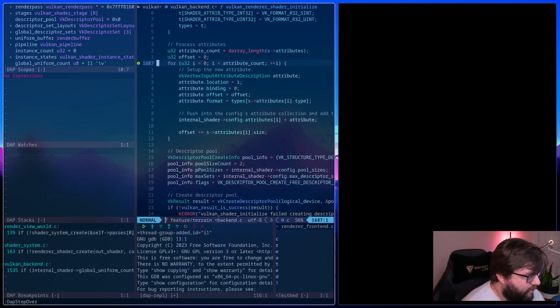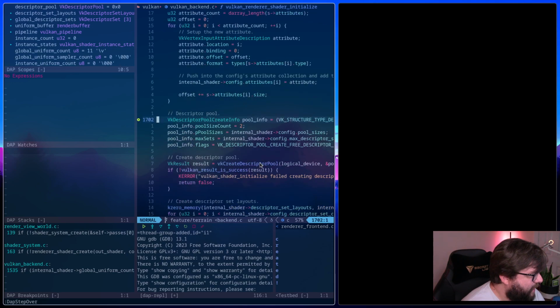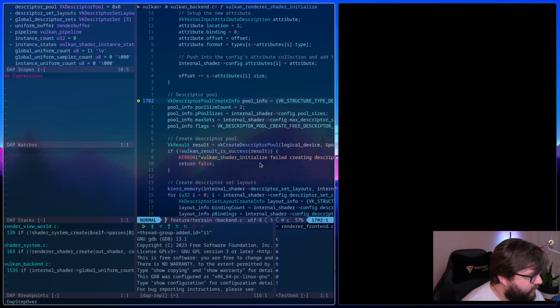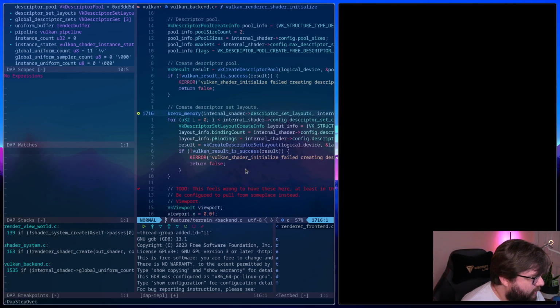That should be fine. I don't foresee any issues there. Okay. Here is the descriptor pool. Again, that should be fine. Create a descriptor pool. Descriptor set layouts.